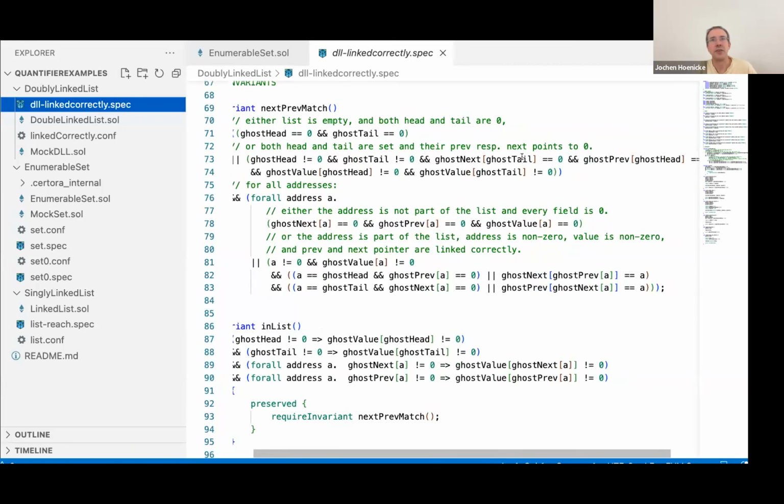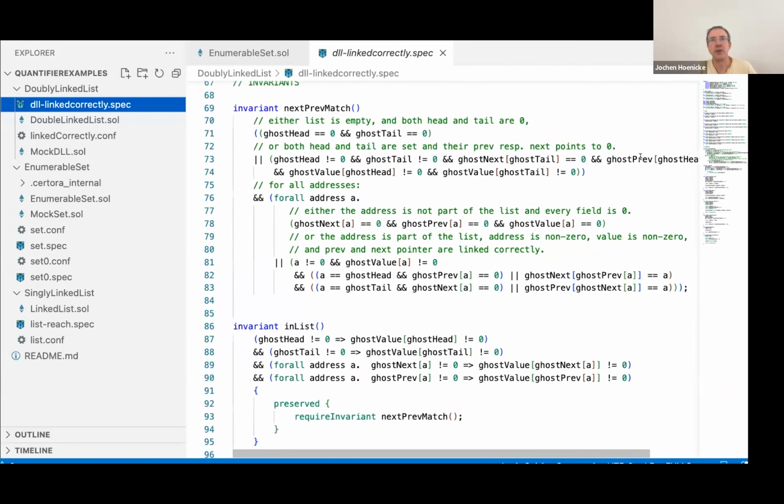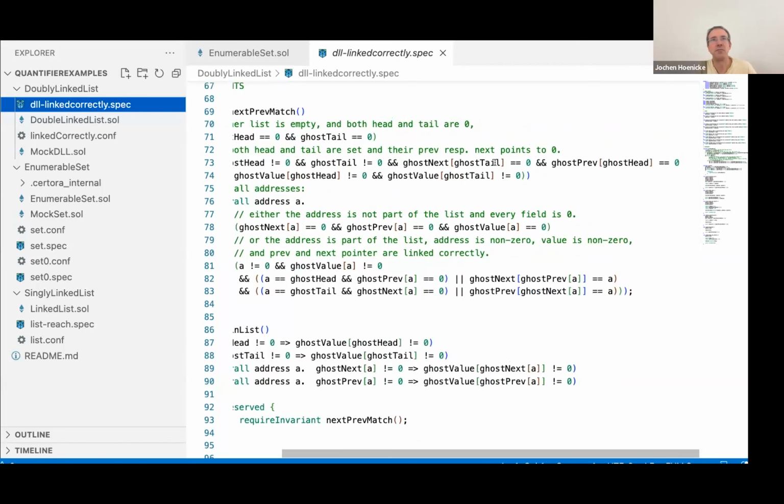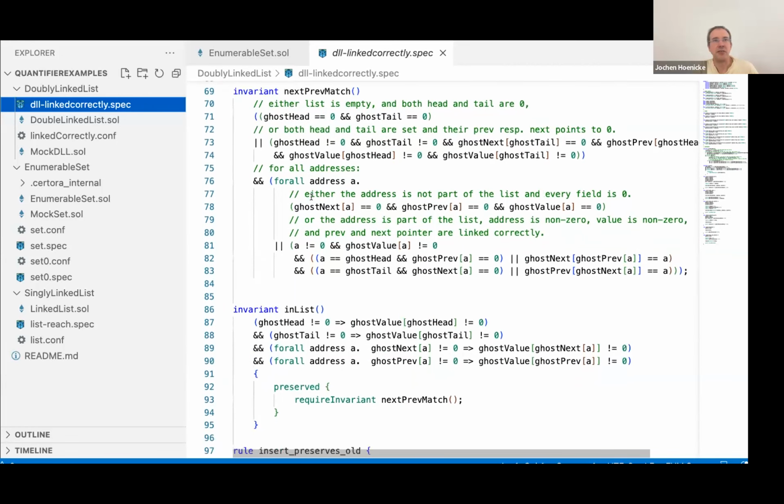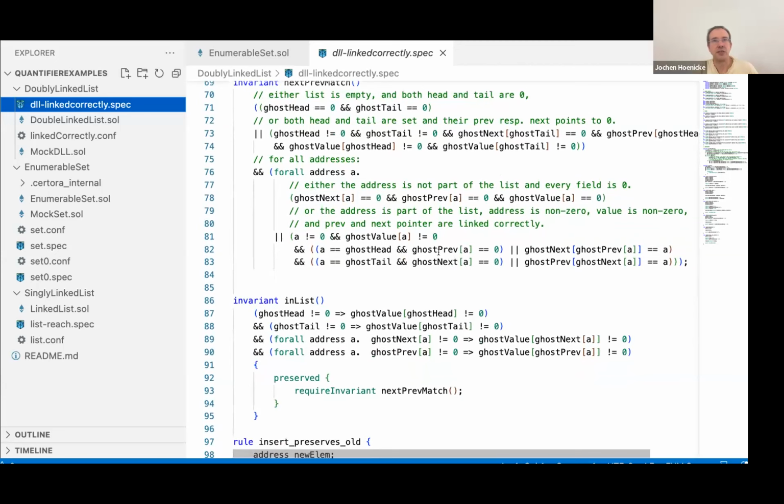That the next of the tail points to 0, and that the prev of the head points to 0. But this is only the case if head and tail are not 0. So if they are both 0, the list is empty. And we also need that for every address, prev and next point to each other, and there are also